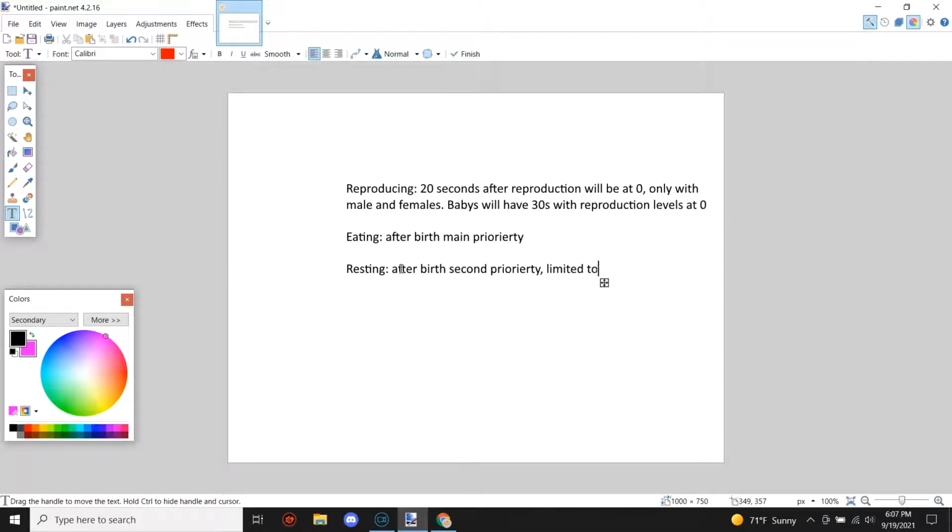Limited to 8 seconds. Because I feel like it's kind of necessary for babies. Now, is this a second or first priority? I don't know. Yeah, I'll make it second. First. So the levels of resting are going to be higher than the